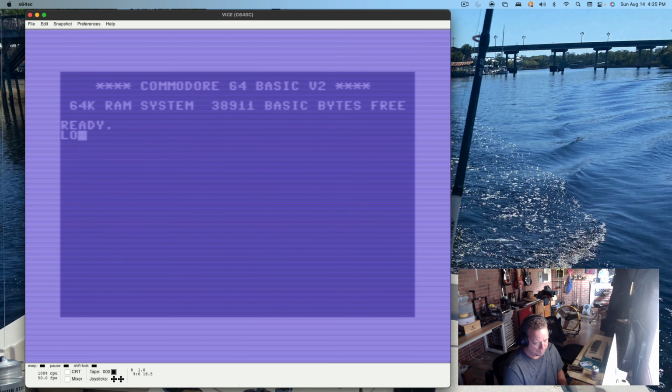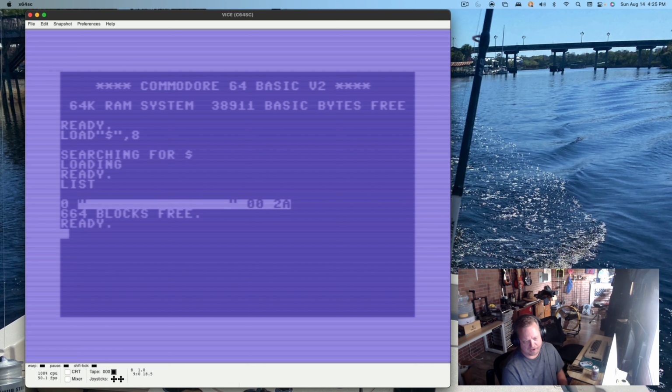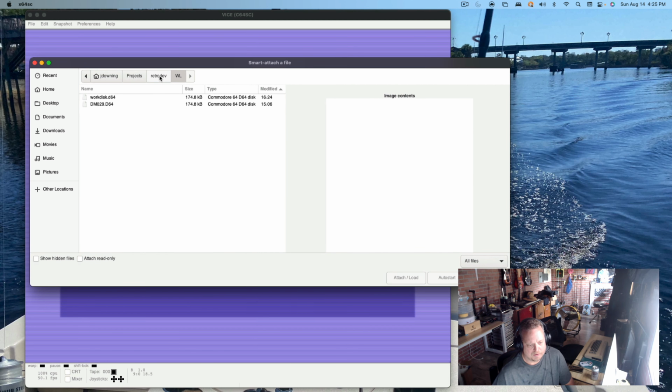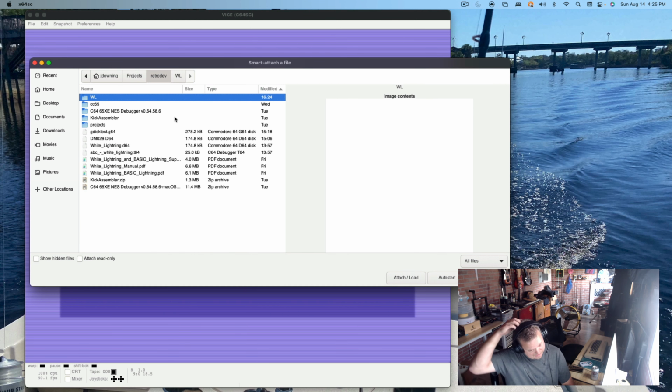Now to make sure that I got my work disk loaded, I'm just going to look at it here, make sure it's there, and it's sitting right here. So now what I need is the actual White Lightning CD. And I'll tell you now that there's quite a few that you can download out there, but I'm going to show you one thing that you need